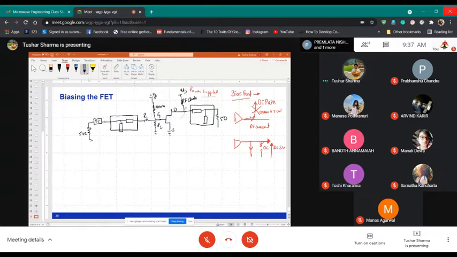It's not desired. Okay. So in that case, can someone tell me what network can be used for creating an open circuit? How can we create an open circuit?